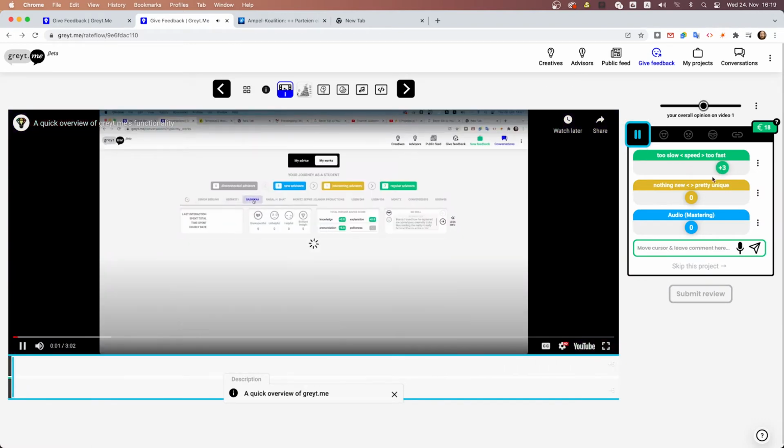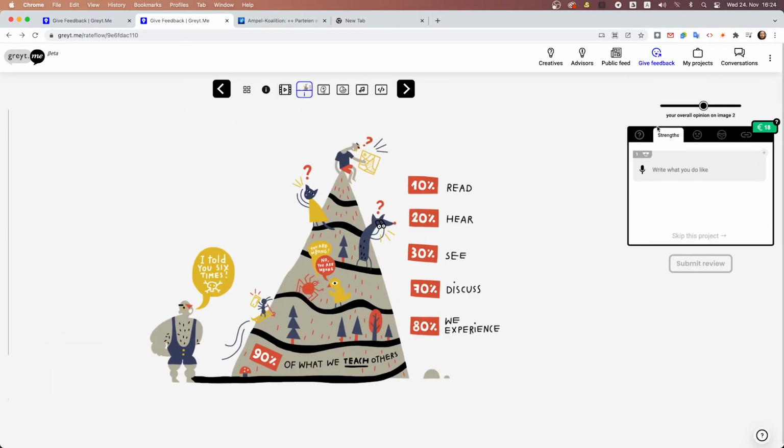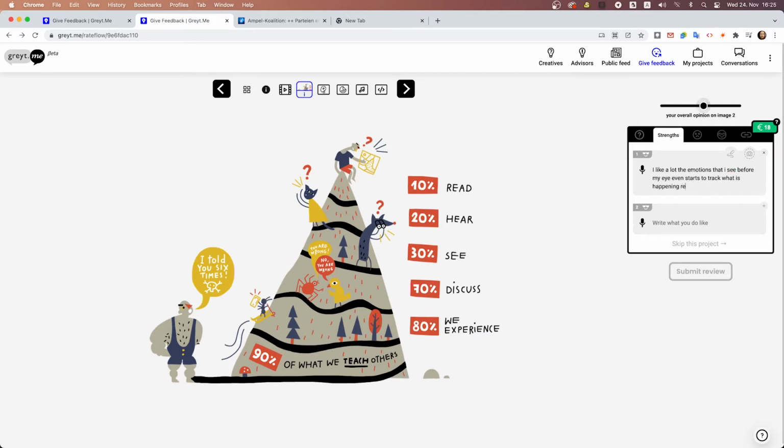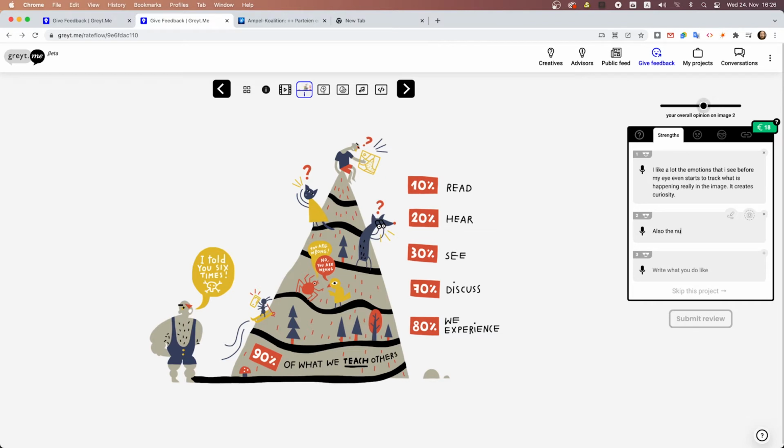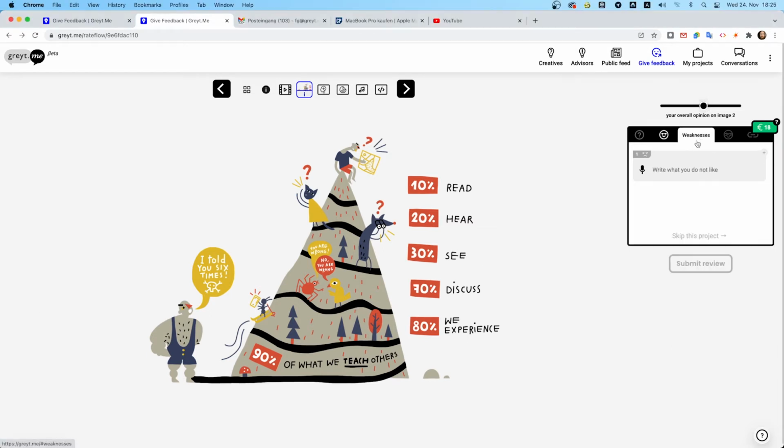But let's discuss the global 4 sections of every review first. The strengths section. Write down the things you like. Let creatives know what they are good at, so they are more motivated to improve their weak spots. The more interesting you are here, the easier the rest of the feedback will be perceived. In general, try to use for each thought a separate bullet point to make it later easier for the creative to sort all opinions.